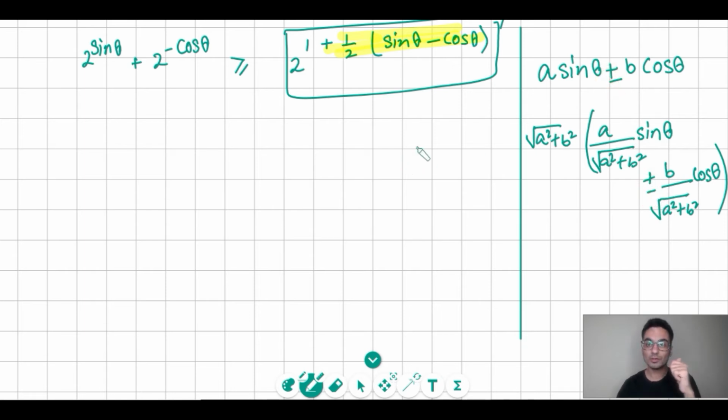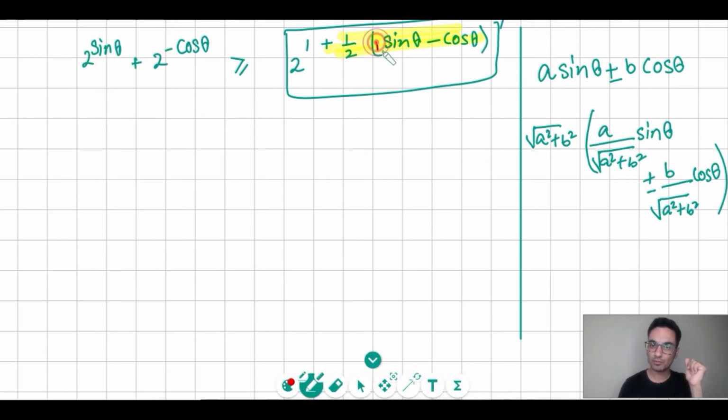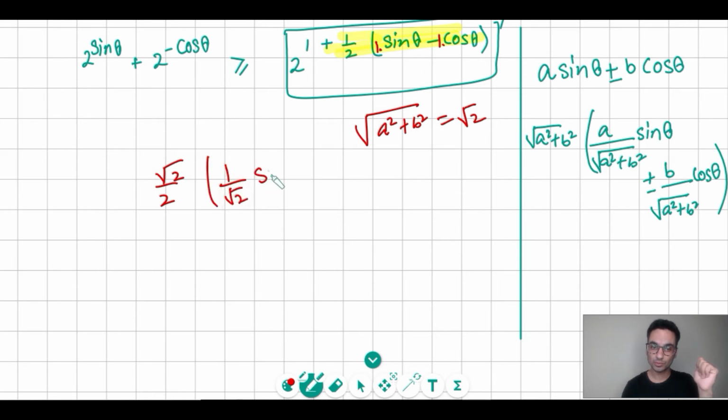Okay, so in this case, if I look for my a and b, let me change this color, I have a as 1 and b as 1. That means square root of a square plus b square is square root 2. That being said, that means I should multiply my expression with square root 2 and divide it by square root 2. So that gives me 1 over square root 2 times sine theta minus 1 over square root 2 times